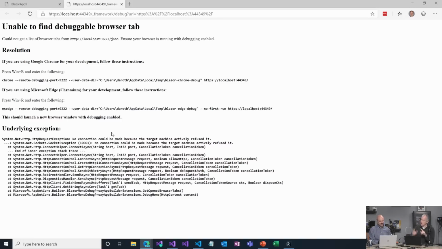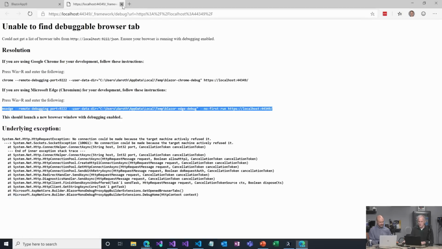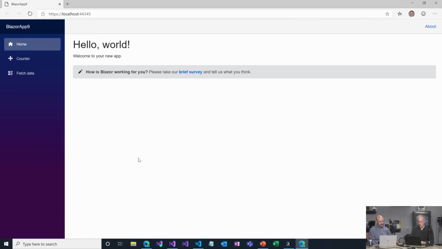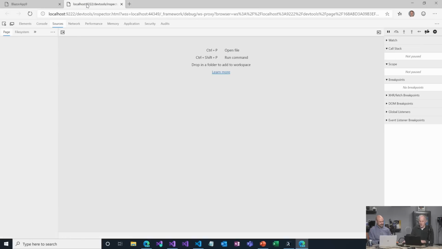But in order for that flow to even happen, the browser has to be running with remote debugging enabled. So that's what this tab is telling me: hey, you didn't actually start the browser with remote debugging enabled, so I can't make that connection. Please start it that way. So it gives me the command to do that. I'm going to run that command, and just for cleanliness, I'll close up the older tabs. So this restarted the browser, but now with remote debugging enabled, if I hit Shift-Alt-D again, that little debugging hotkey, I should get the browser dev tools popping up. And if all goes well, we should see some stuff show up here in the